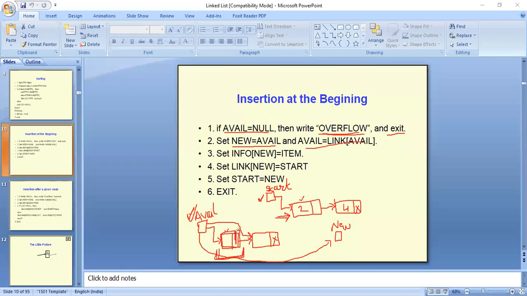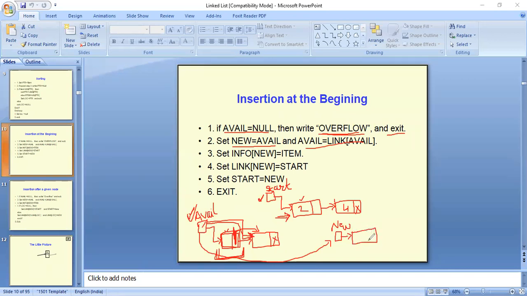Aval's link part is holding the address of the next node, so this will be provided to aval. Like this, it will point to the next node. All right, so it will be left with one node and this front node will be given to the new pointer.